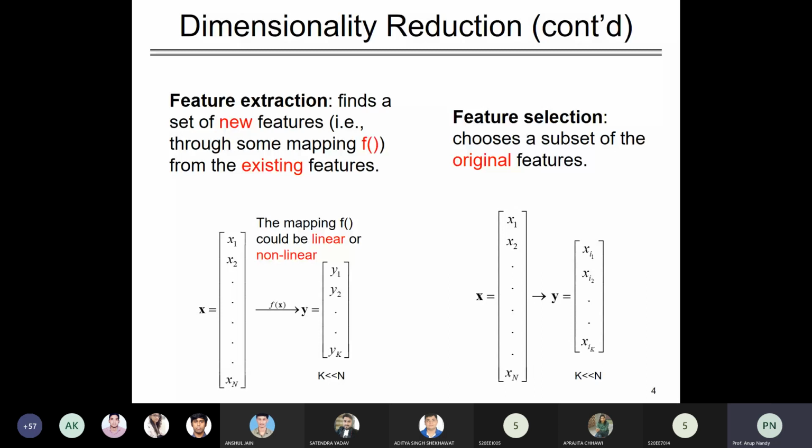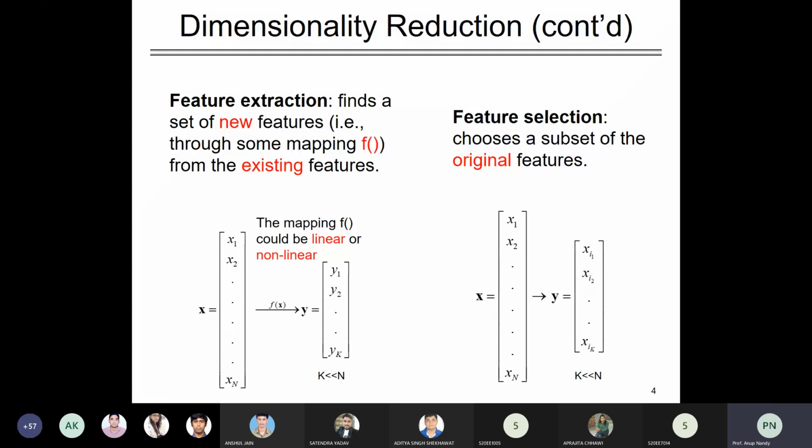Sequential forward selection, sequential backward selection, the LR method, I mean the left and right methods, all of these things. For feature selection, you need to have one criterion function. Based on this criterion function, you need to choose the features that you are going to choose from the n-dimensional features, trying to have the k-dimensional feature.